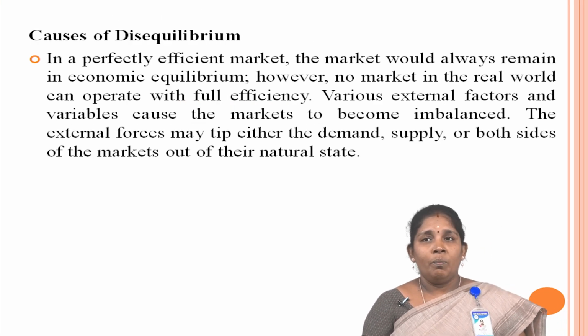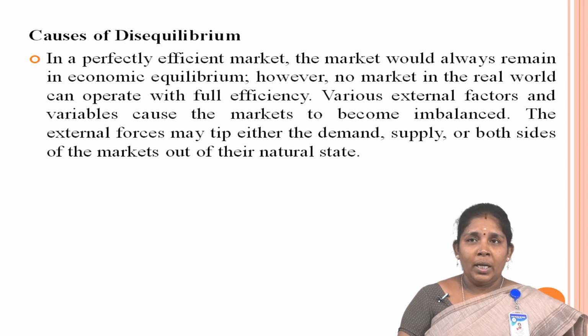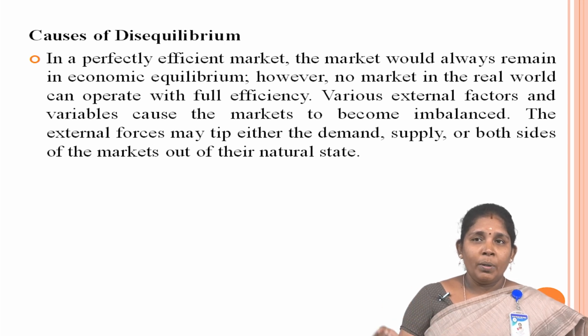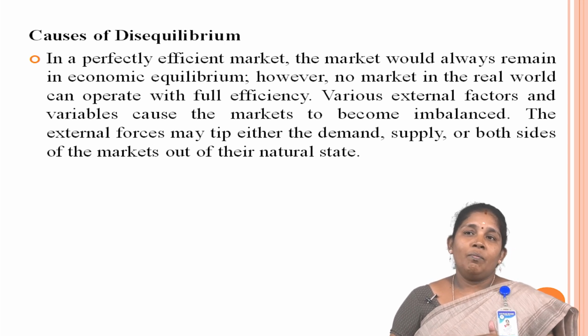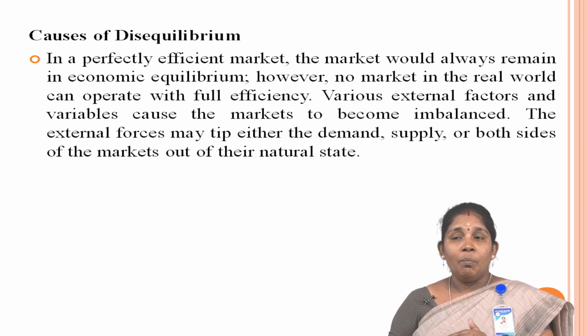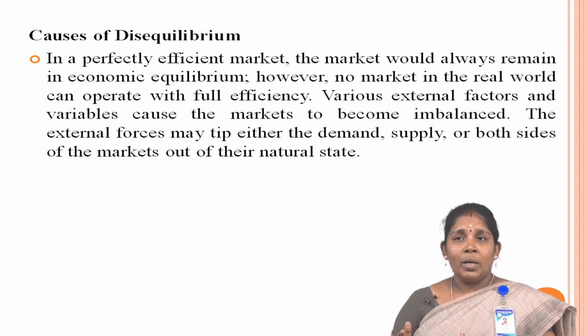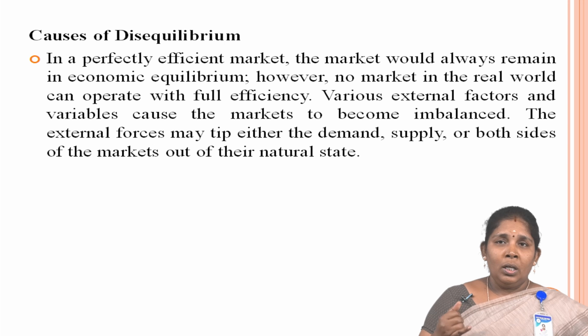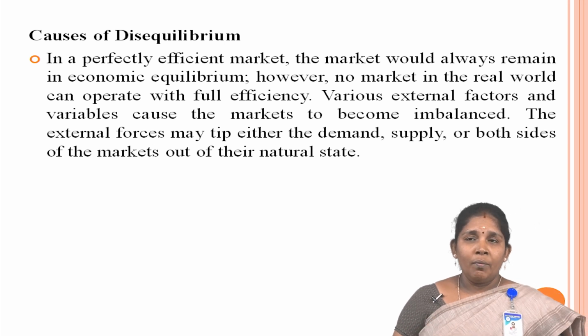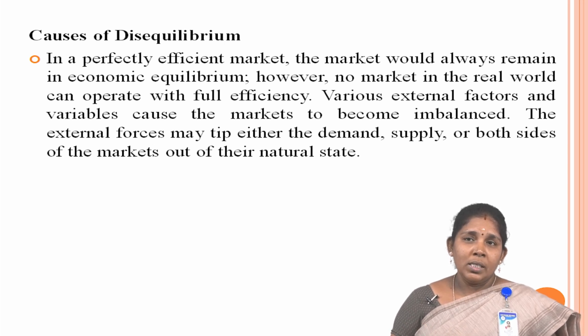Now, the causes of disequilibrium. In a perfectly efficient market, the market would always remain in economic equilibrium. However, no market in the real world can operate with full efficiency. Various external factors and variable causes make the market become imbalanced. The external forces may keep either the demand and supply or both sides of the market out of their natural state. Number one, fixed prices, government intervention, tariffs and quotas, minimum wages, current account deficit or surplus, debt, currencies, inflation or deflation,